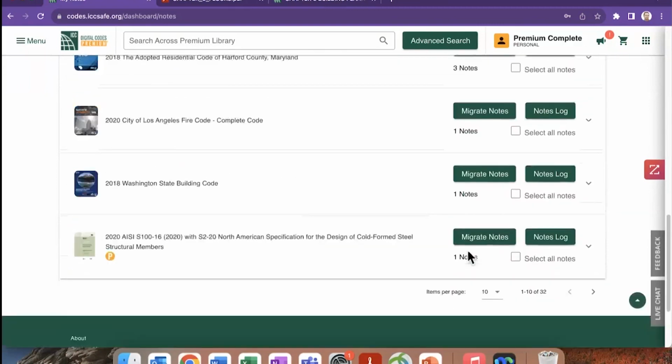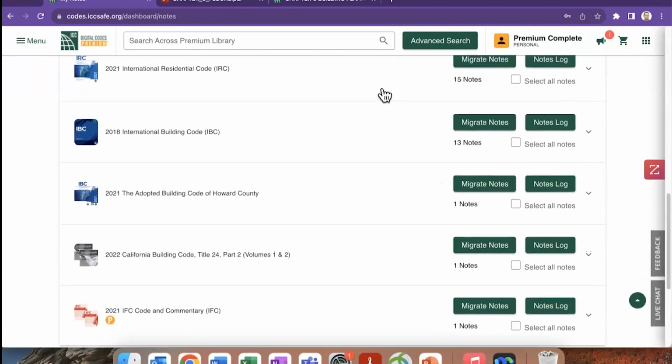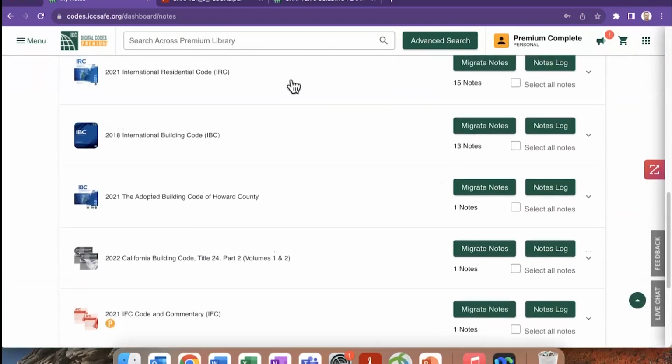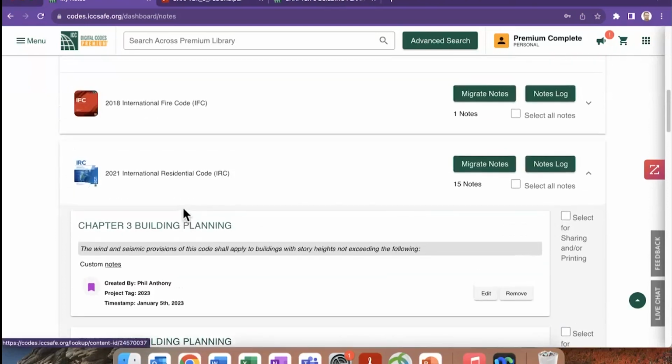Let me jump over to my 2021 IRC and give you an example here. So this is a way you can see I have 15 notes that were created in the 2021 IRC. This is another way to access the notes. These are all hyperlinks. You can jump right to those from there as well. But what you're able to do from here